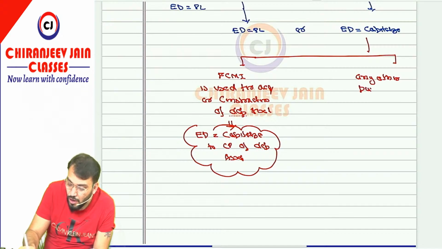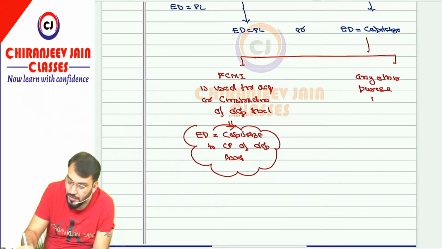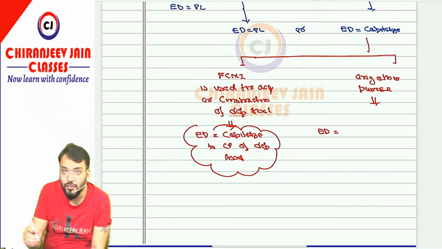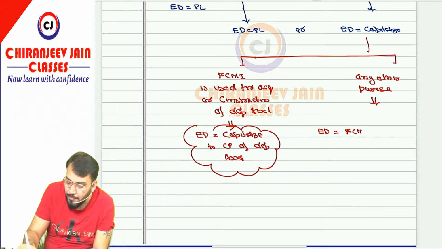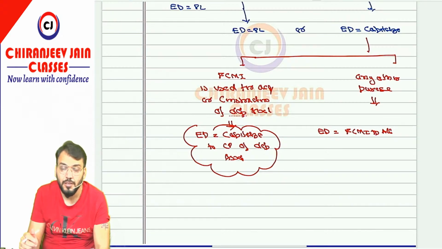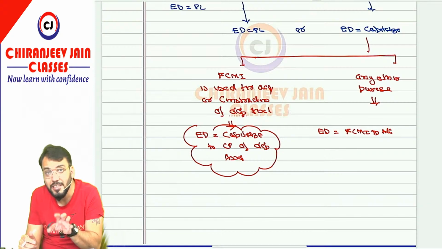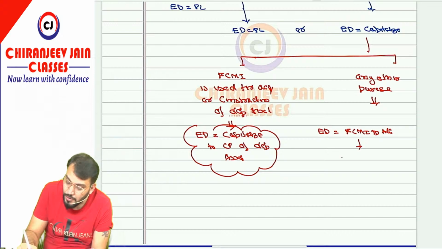But if it is for any other purpose, means it is not used for the acquisition or construction of a depreciable asset, then this exchange difference will be accumulated in a special account, and that special account is known as the FCMITD account, foreign currency monetary item translation difference account. This will be amortized to PL during the life of